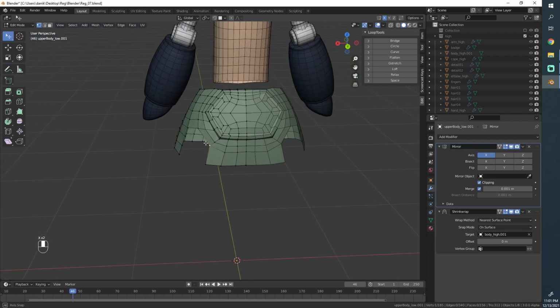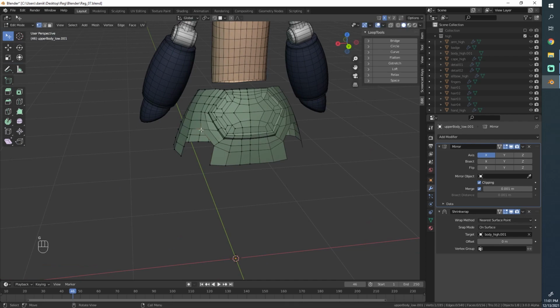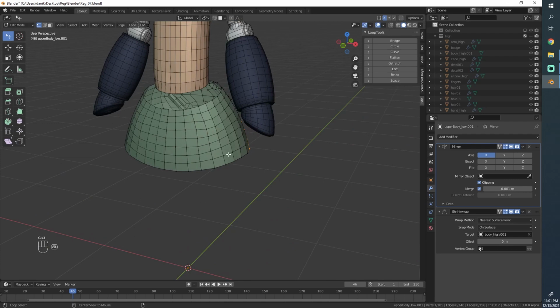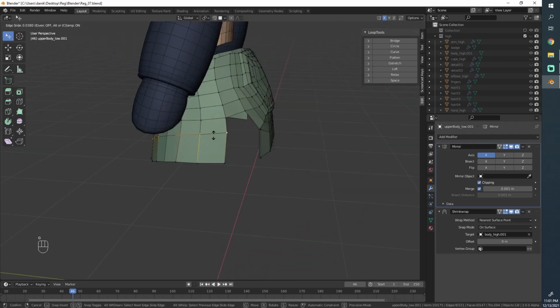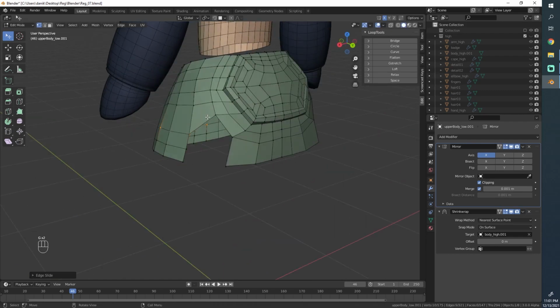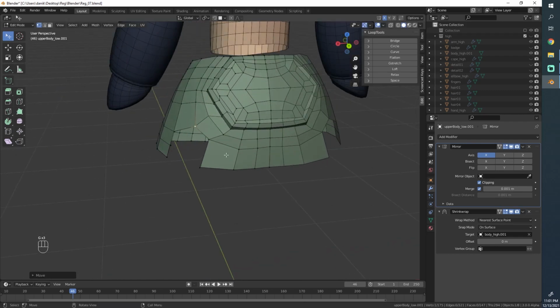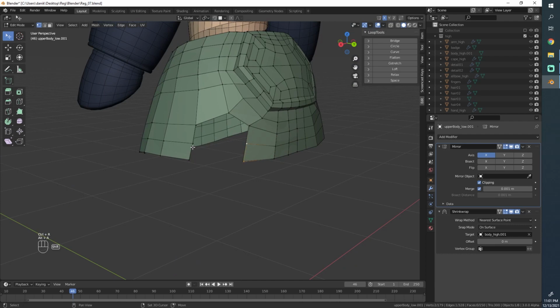So we'll just delete it, and maybe we'll delete a loop around here, which we have too many of anyway. That will help to pull these down.